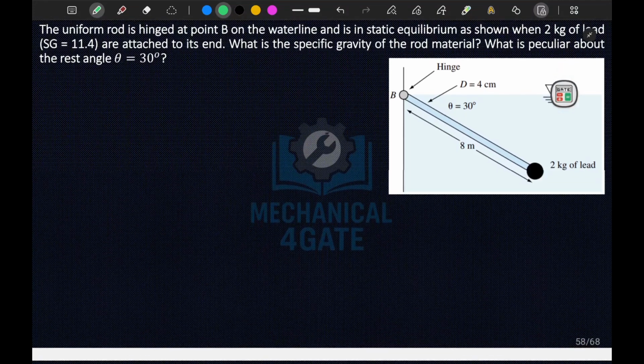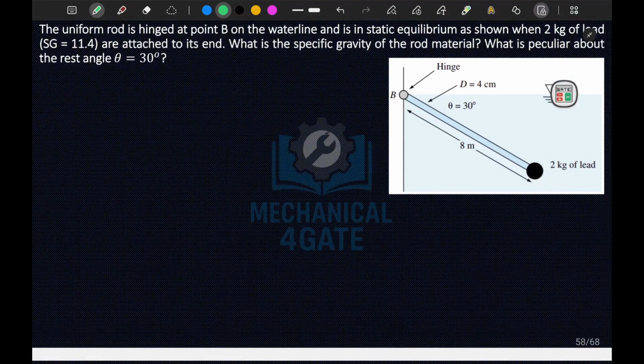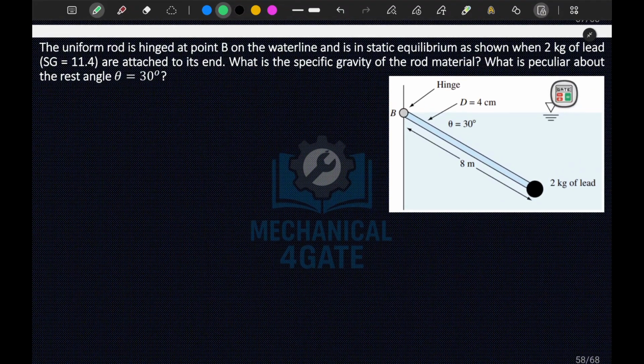In this question, a uniform rod is hinged at point B on the water line and is in static equilibrium as shown when 2 kg of lead, specific gravity is given, is attached at the end. What is the specific gravity of the rod material, given rest angle theta is equal to 30 degree? Okay, so from this diagram